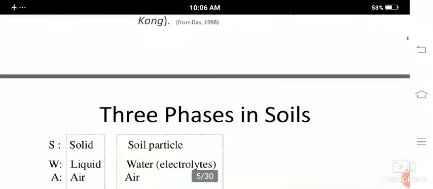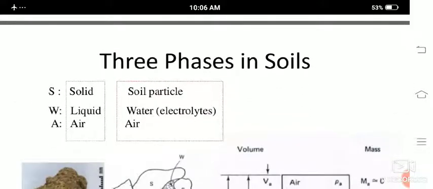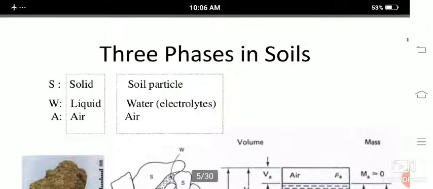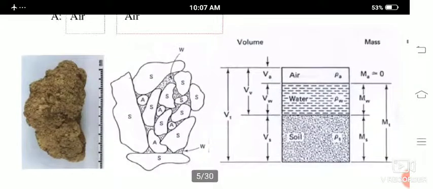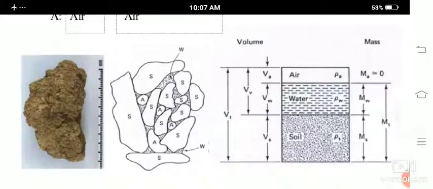Next we will be seeing the three phase soil diagram. As I said, the soil particle which we are considering, we will be considering with three phases. The first imaginary one is solids. Next, the water which you are taking into consideration is liquid, and A is nothing but air. The soil particles, water and air which are present, we will take as a three-phase diagram. As you can see in the first diagram, there is a soil sample.